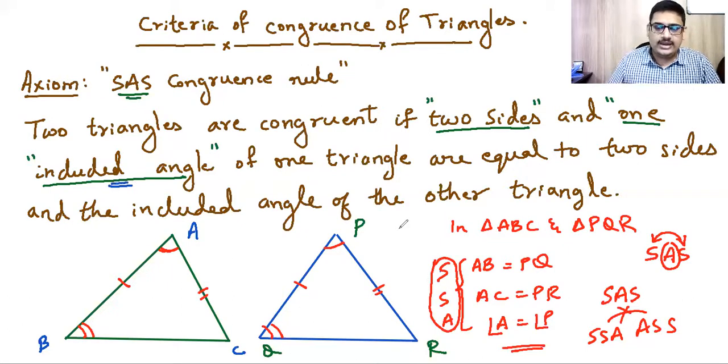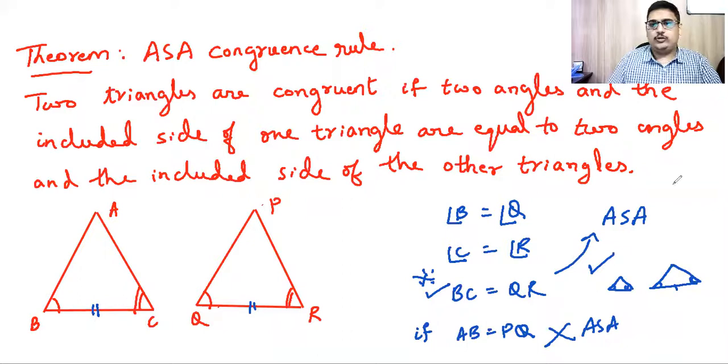So what is the included angle? Included angle is that angle which comes between the corresponding equal sides of two triangles. Two triangles when compared, those two equal sides, whatever the angle that they include becomes the included angle for SAS congruence rule. Then we studied about ASA congruence rule, that is angle side angle, the counterpart. That is two angles and the included side of two triangles, if they are equal to each other, then we can apply ASA congruence rule.